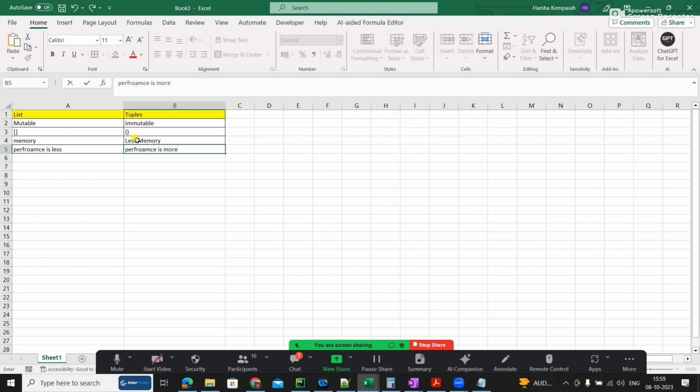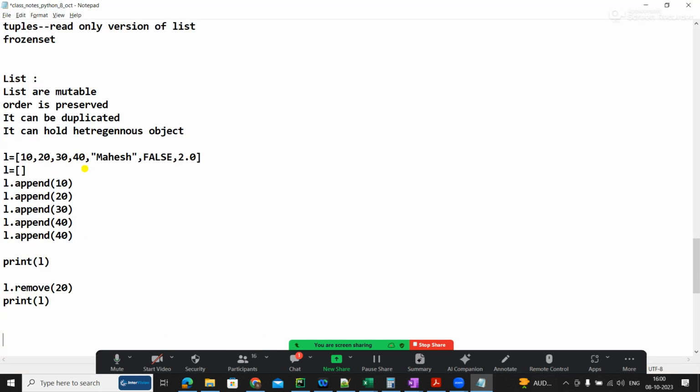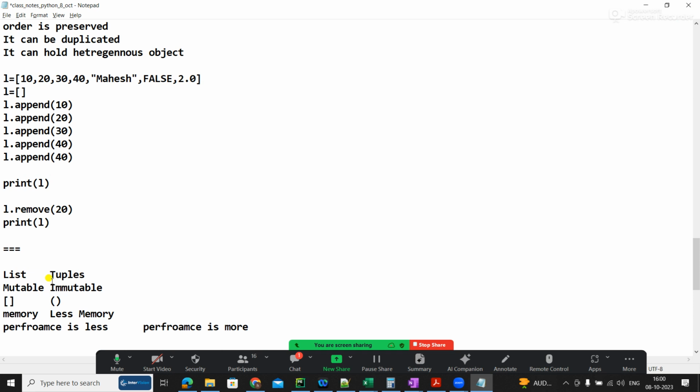Okay, so these are some of the points, which is more than enough. You start telling this in an interview, they will be happy because they will be expecting this much only. When people are not able to tell this much and show what is a tuple, what is a list, that is where people think, yeah, it is just written in his resume.